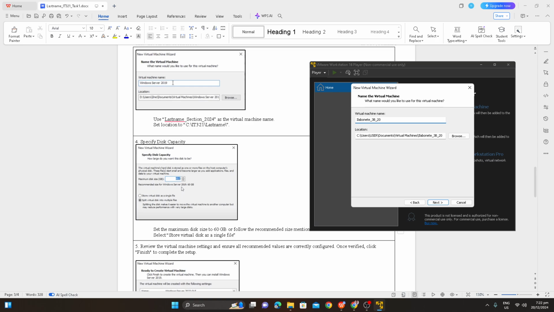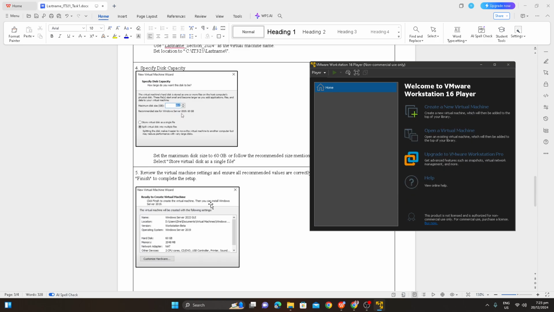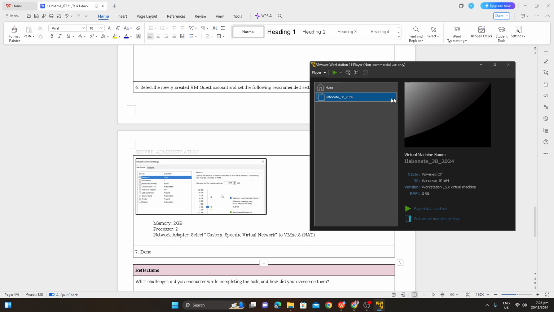Once verified, click finish to complete the setup. So I think it's all the same. Let's click finish. So next is let's edit the virtual machine settings.